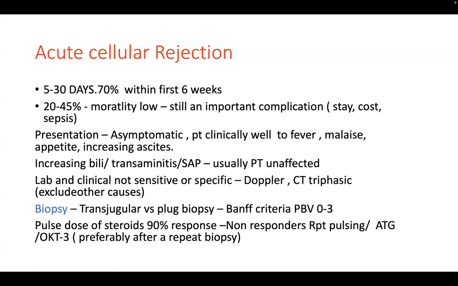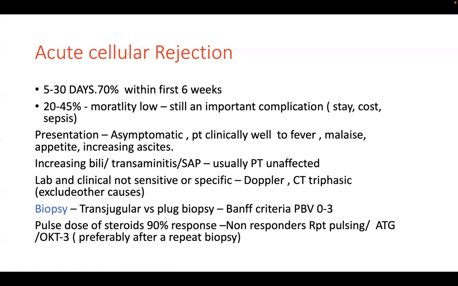But especially in the living donor scenario, the lab and clinical parameters are neither sensitive nor specific, because sometimes you can get only increasing bilirubin without transaminase elevation. Sometimes only the enzymes can go up with a normal bilirubin. Usually later on the bilirubin goes up. So we can't rely on clinical diagnosis, especially in our Indian scenario, where empirical rejection treatment, empirical pulsing, can put you at risk of